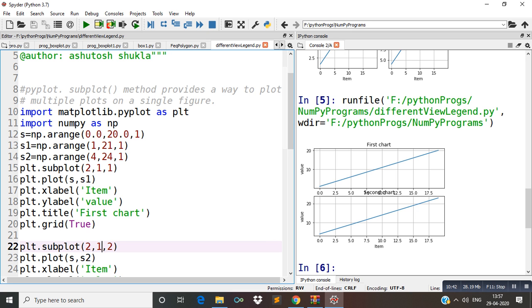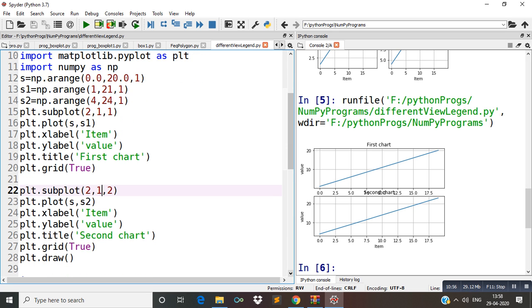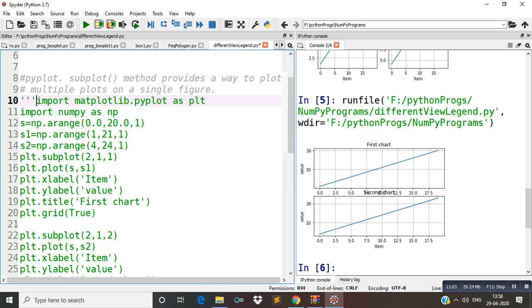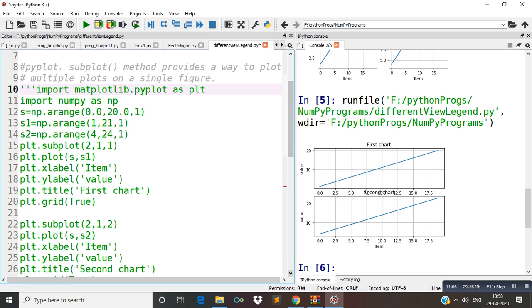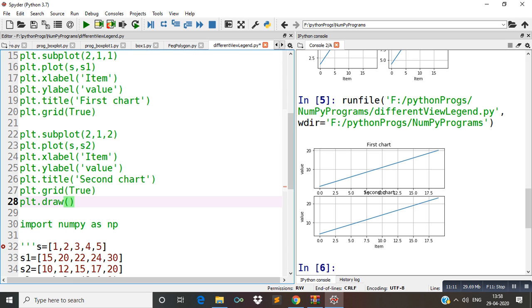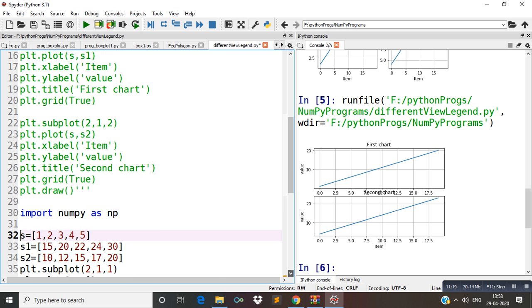Okay, so now I just make this program a comment. All these lines I am going to make comments, then I will start the next program. Now beta, try to understand the meaning of the next program, which I am going to start. Now see here beta, in this program I have used another method. Name of that method is plt.subplots_adjust.